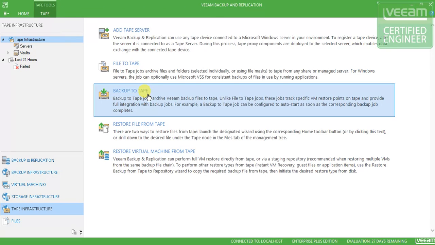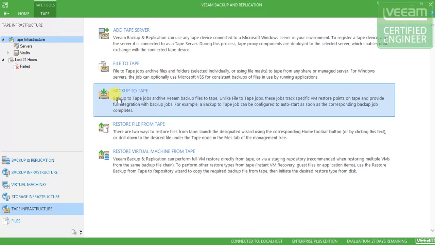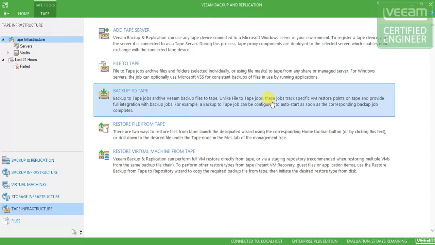Unlike file to tape, the difference with backup to tape is right here. It says, unlike file to tape jobs, these jobs track specific VM restore points on tape and provide full integration with backup jobs. So that's the difference between the two. For example,